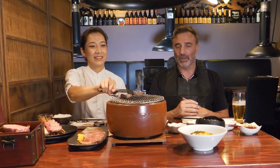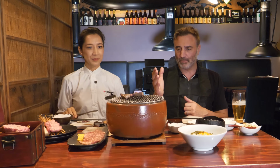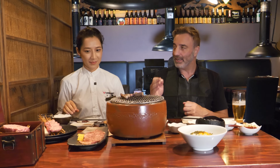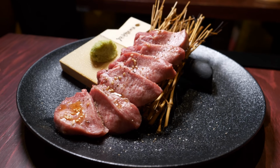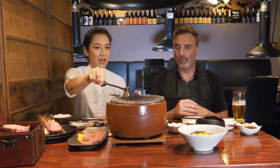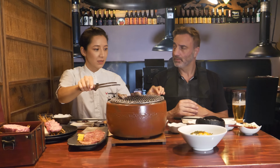So here's another thing. We've been talking for quite a while now while the beef tongue cut has been grilling, and I know that it is a tougher cut than a lot of the other meats, and it takes quite a while to grill it up properly, right? It takes a little time. Our specialty is that we cut it with this thickness, and it really goes well with lemon tare